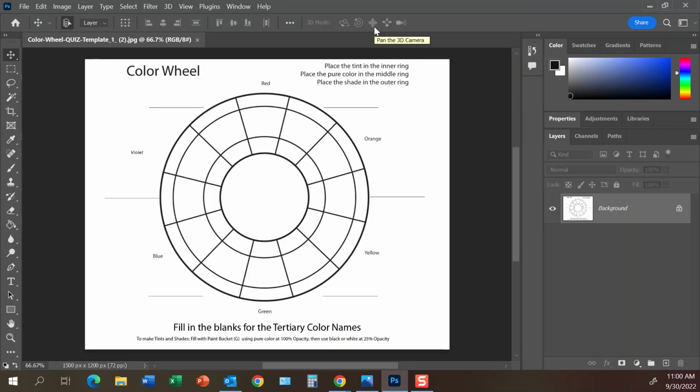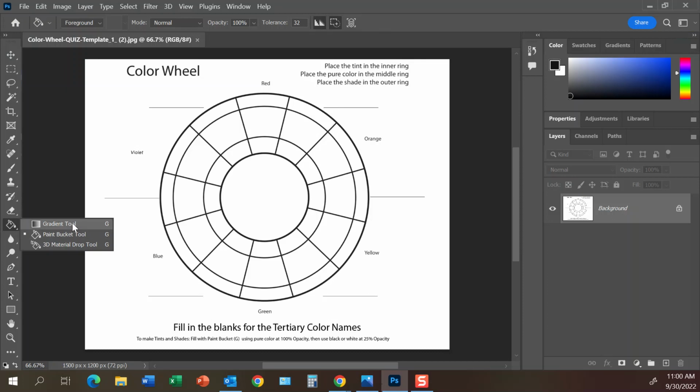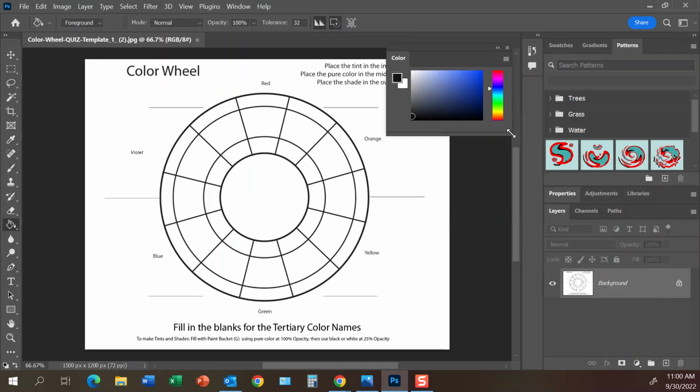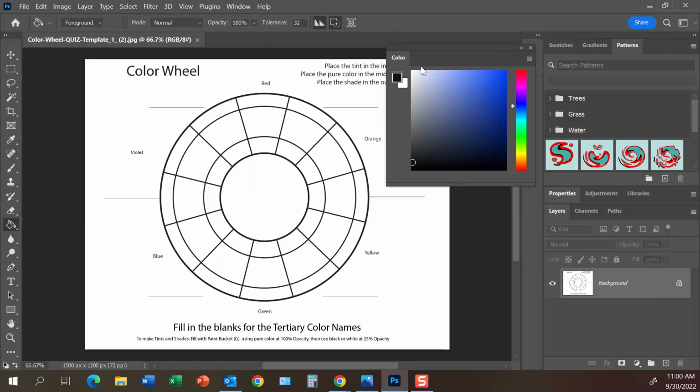bucket. Press the letter G to activate the paint bucket tool. If you don't see the paint bucket, if you see the gradient instead, just click and hold on the tool and grab the paint bucket. So we're going to start with 100% opacity. We will change that as we go, but to start off we're going to want to deal with just our color window. So I'm going to float that out here, and I'm going to take a look at the labeling